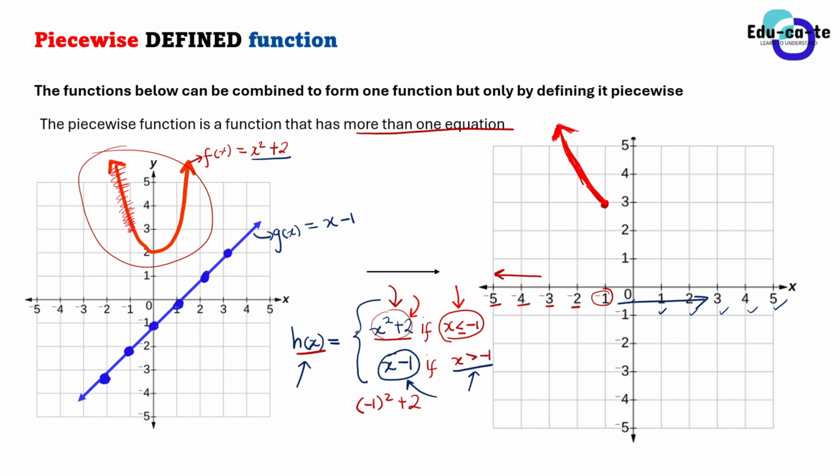We are no longer going to use the first one because the first one only worked if x was less than or equal to -1. So here at -1 for the first equation, we have put a shaded circle at x equals -1 and y equals 3. Why did we put a shaded circle? Because here it said x is less than or equal to. When you see that or equal to, it tells you that the function is defined using that equation. That's why we put a shaded circle.